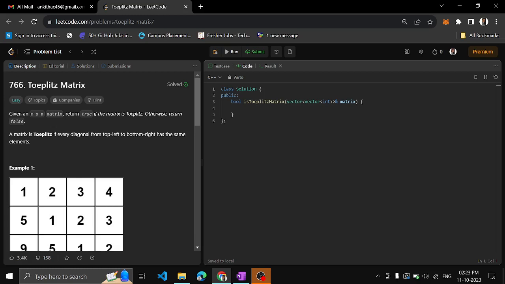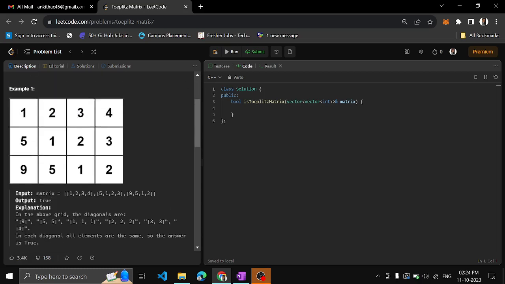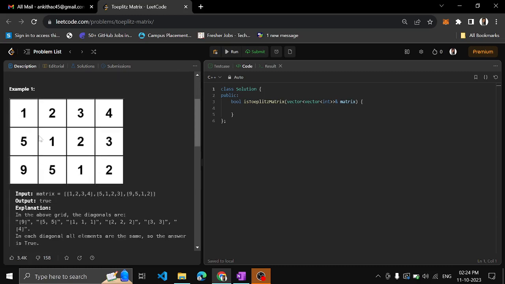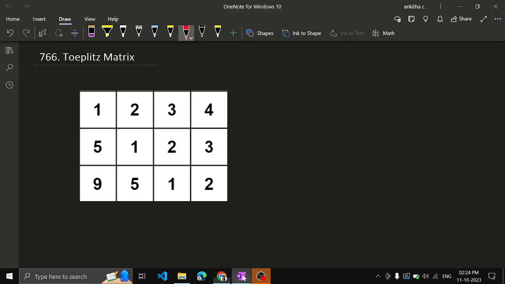So if every diagonal from top left to bottom right has the same elements. A matrix is a Toeplitz matrix if it has the same element in every diagonal from top left to bottom right. Top left means here, bottom right is here. So if we see what diagonals are possible, one diagonal is this one, this one, other, right? And other, yeah, these are the diagonals possible in the matrix from top left to bottom right. And if the elements in a particular diagonal are the same in every diagonal, then we can say